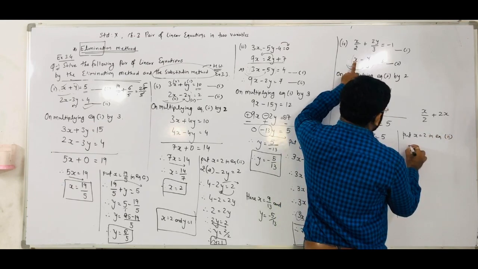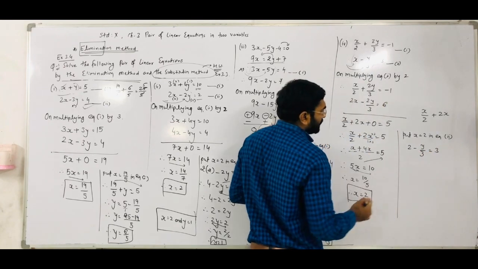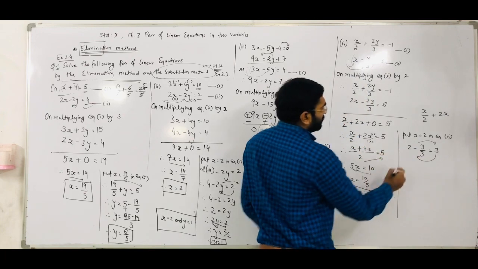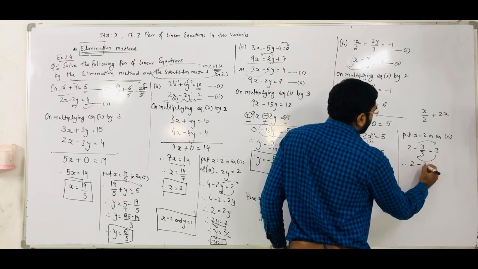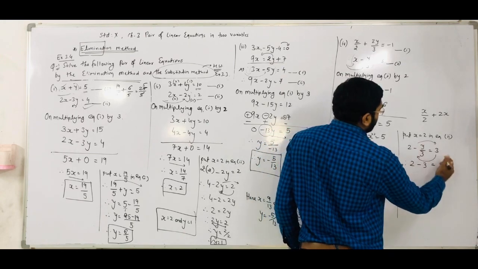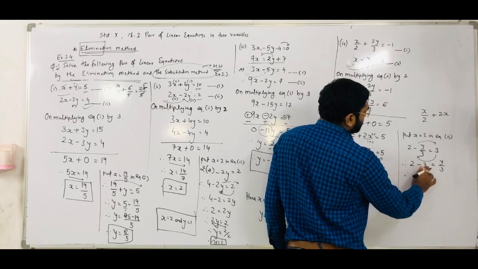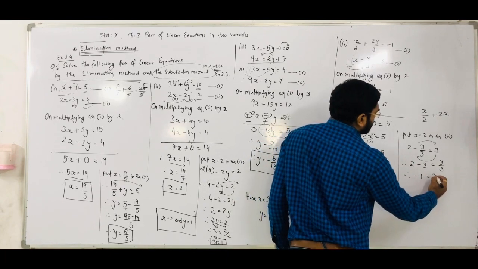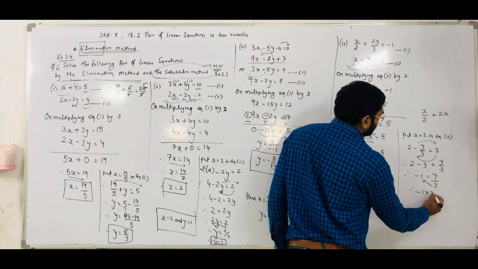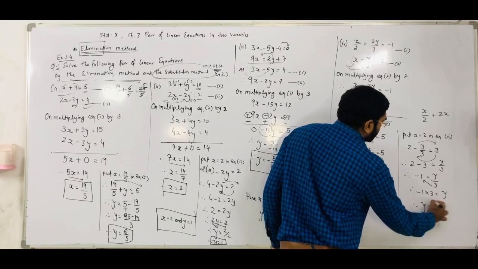So x is equal to 2 we put here: 2 minus y by 3 is equal to 3. Now the y term and numeric values, we have to arrange on one side. So 2 minus 3, the 3 comes to the left hand side and becomes minus 3. Minus y by 3 goes to the right hand side, so it becomes plus y by 3. So 2 minus 3 becomes minus 1 is equal to y by 3. That 3 is multiplied with minus 1, so we get minus 1 into 3. So y is equal to minus 3.